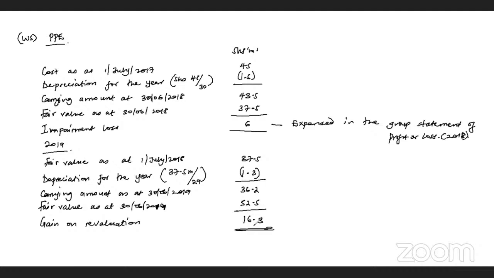So there is what we call a reversal of impairment. However, according to IAS 36, we can only reverse